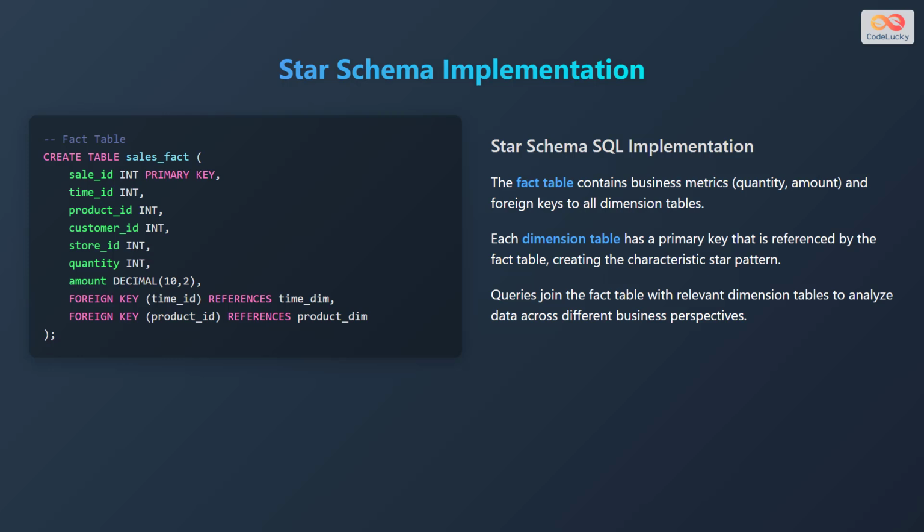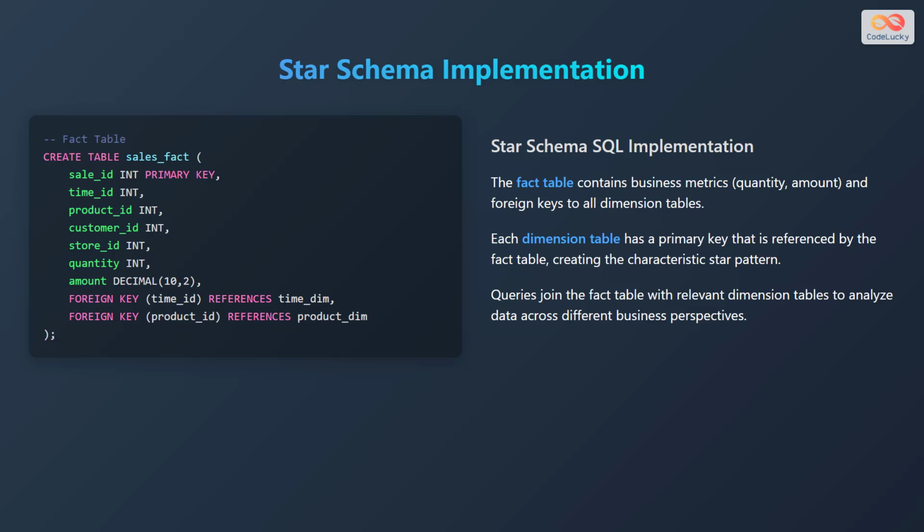Here is an example of a star schema implementation using SQL. A fact table called sales_fact is created. It includes columns such as sale ID, time ID, product ID, customer ID, store ID, quantity, and amount. Foreign key constraints link the time ID to the time dimension table and the product ID to the product dimension